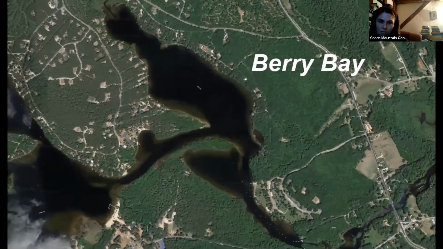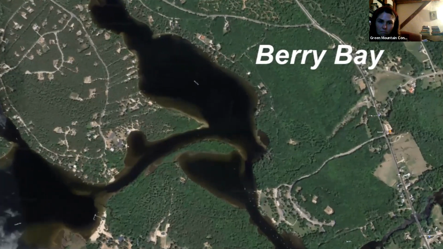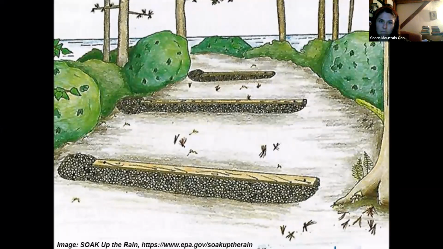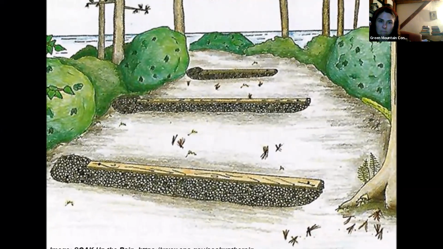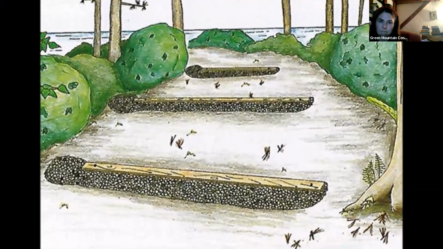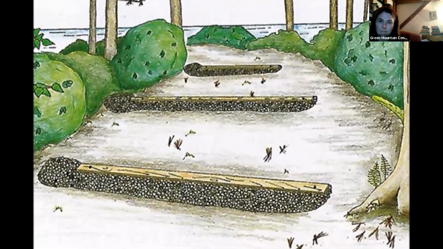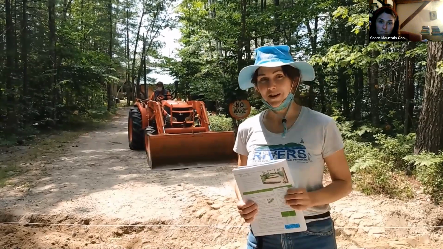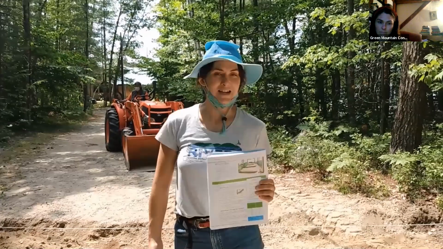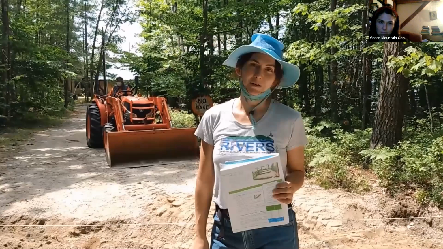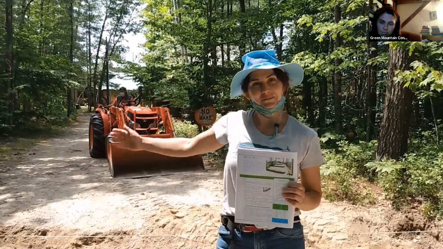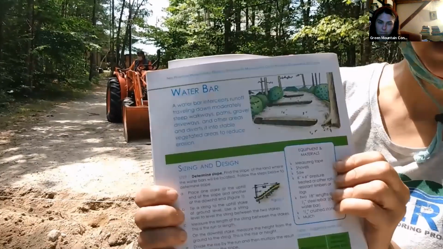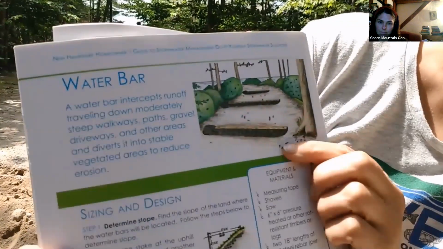BMP site number 5 is on Berry Bay, at a private residence where we installed a water bar. A water bar intercepts runoff traveling down moderately steep downslopes and diverts it into stable vegetated areas to reduce erosion. We are installing a water bar at this driveway in order to capture stormwater runoff before it gets down to the lake. Here I have a simple illustration by the Soak people where you can see a finished water bar design,